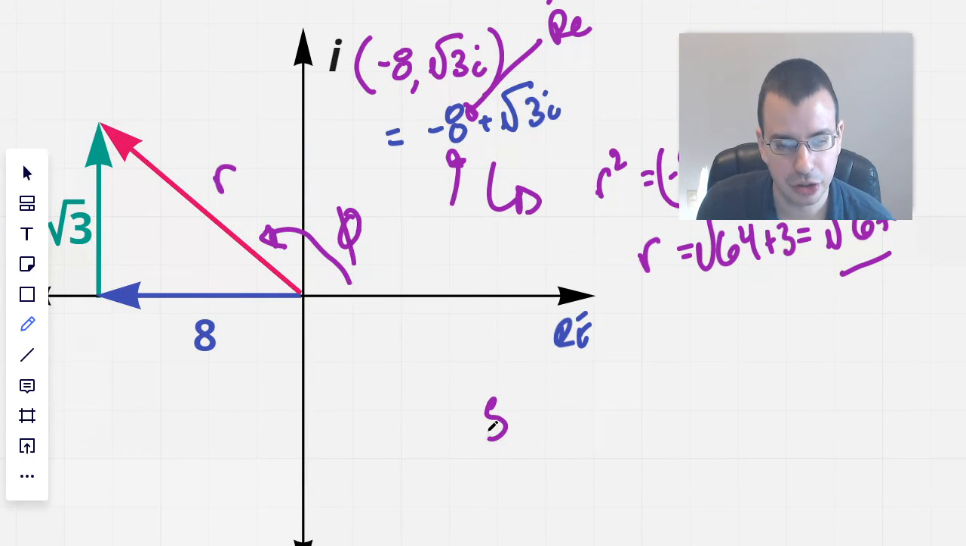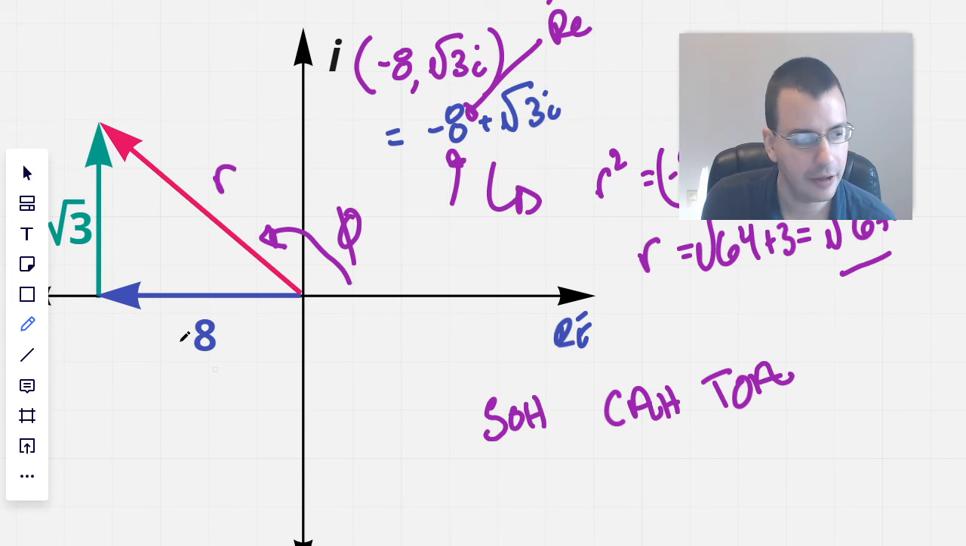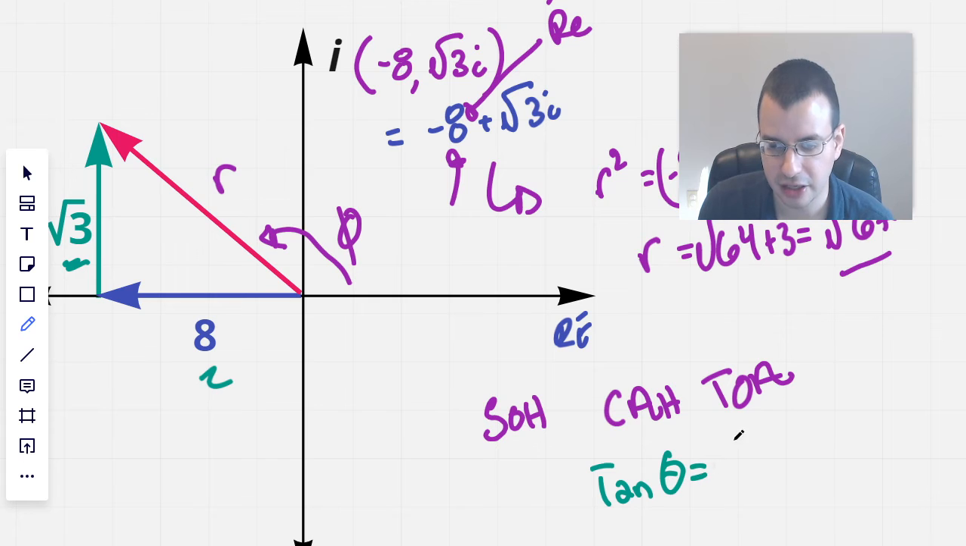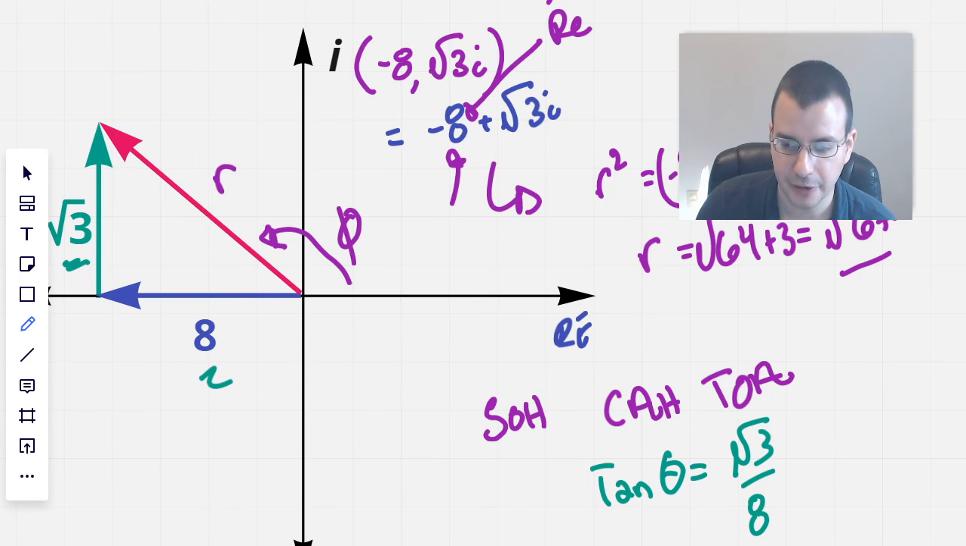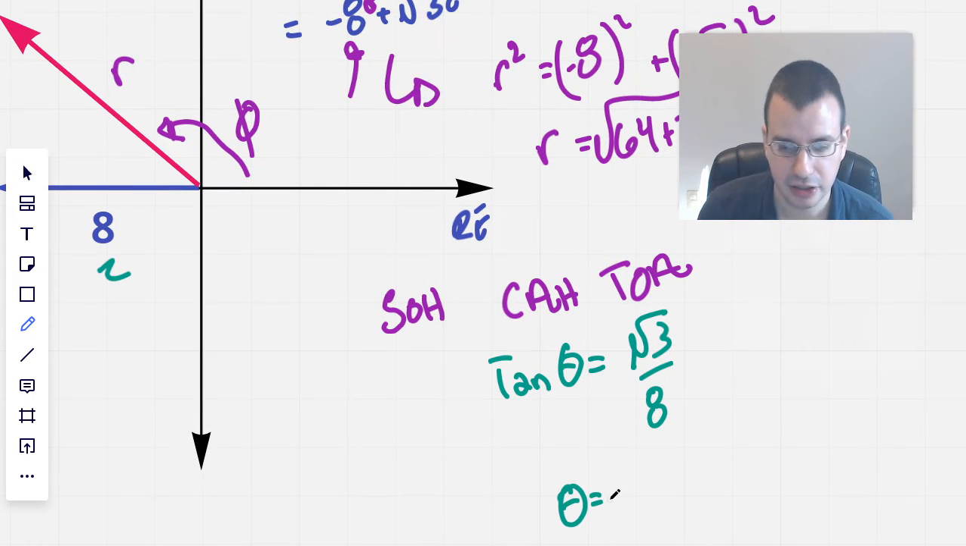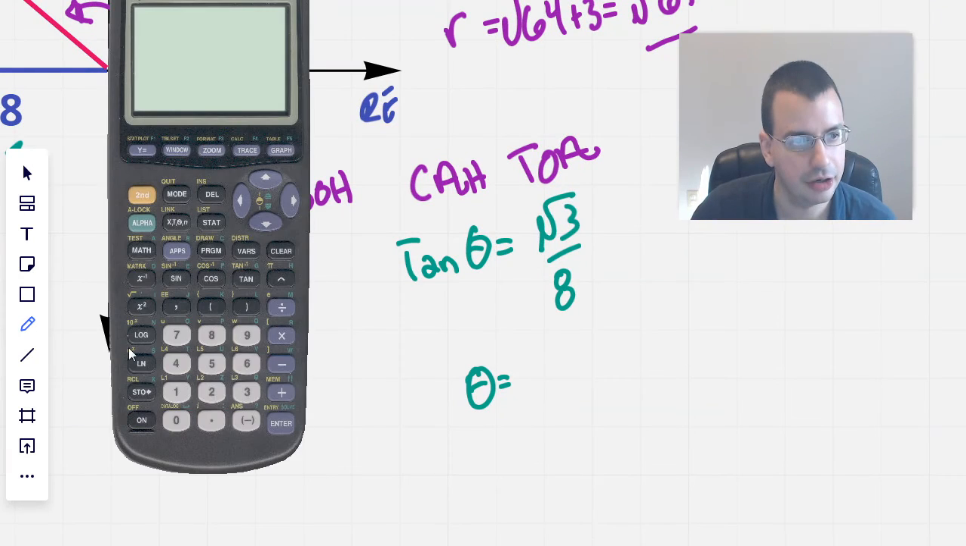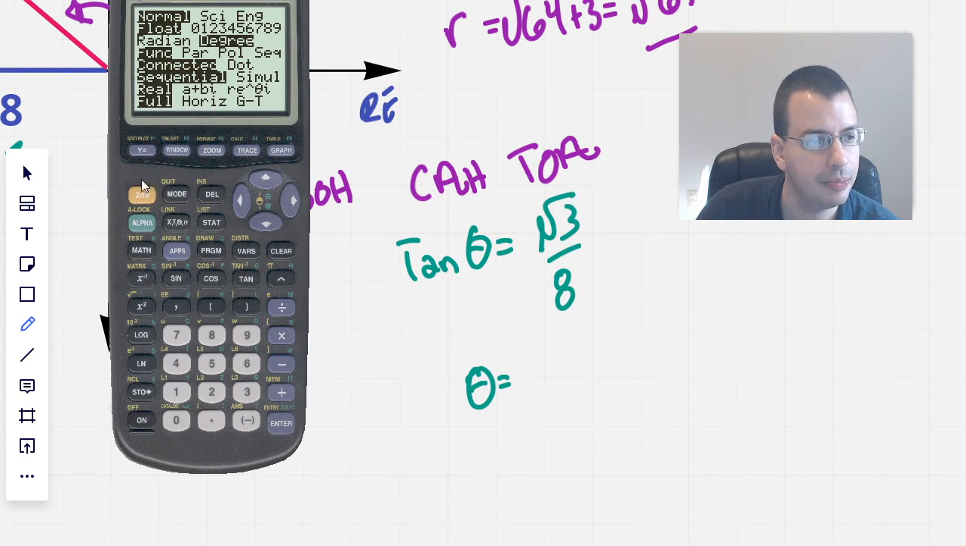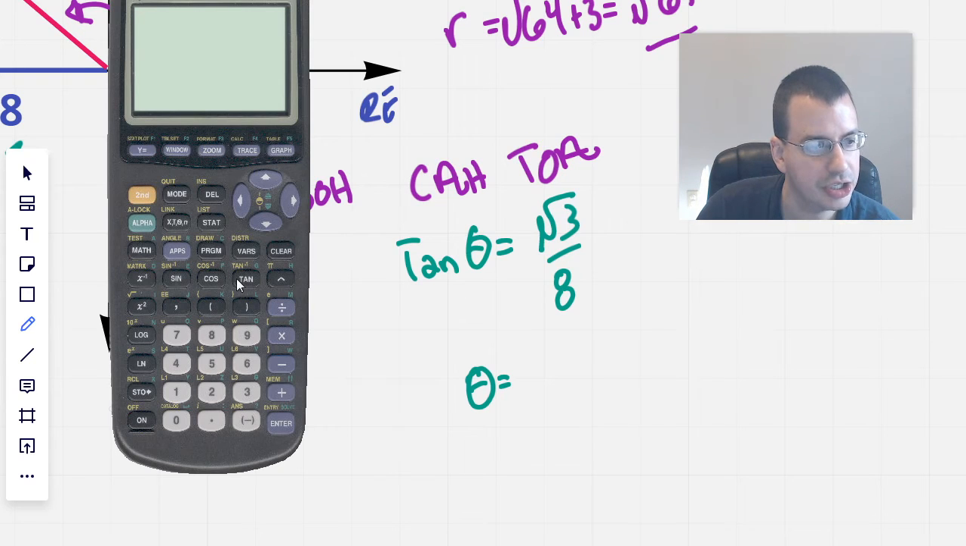So I'm going to find the angle here using SOHCAHTOA. Sine, cosine, and tangent. We have an opposite over here. We have an adjacent over here. So we're going to use tangent. Tangent of theta equals opposite over adjacent. So √3 over 8. So that's going to tell us that theta equals, calculator, on mode, we're in degrees, second arctangent of √3 divided by 8, and that gives us